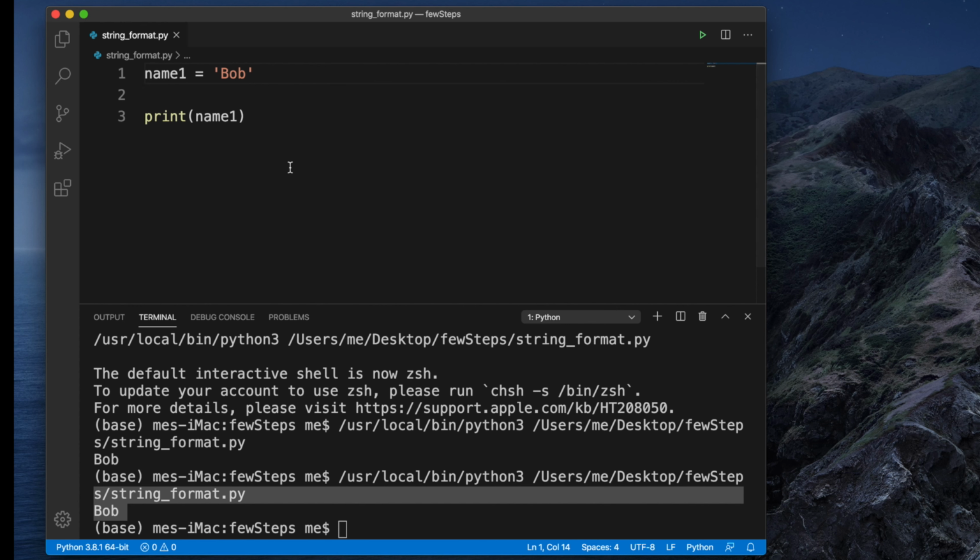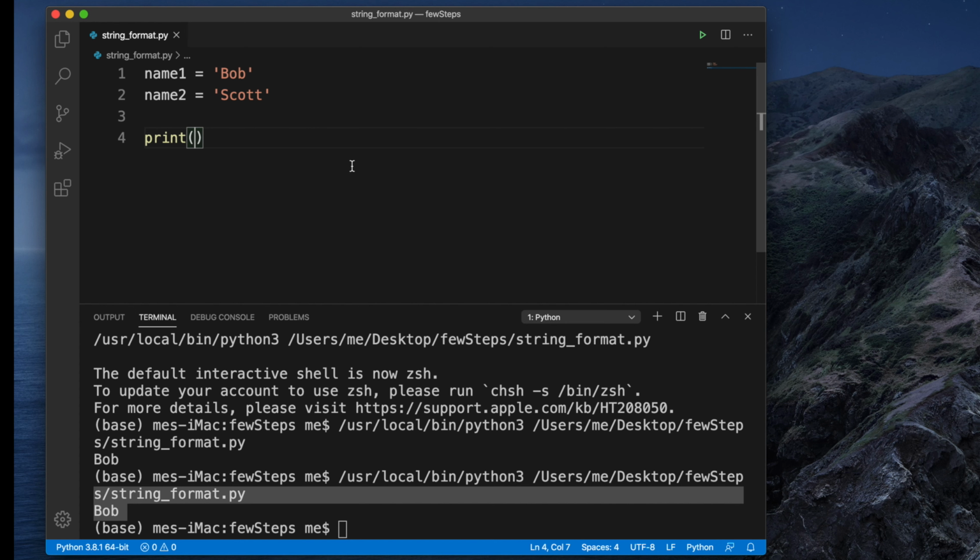Okay, so now let me define another variable, name2 equal to, suppose the name2 is Scott. Okay, and then we want to format these together in a string. Inside it we will put these strings and we'll format. Suppose we want to make a sentence like Bob and Scott, they are friends.